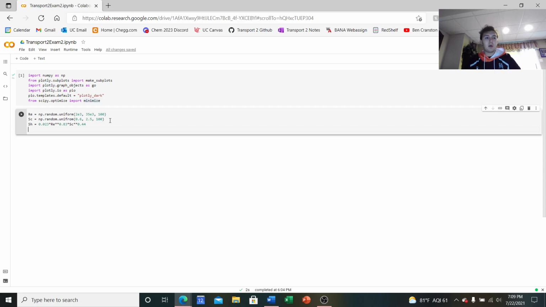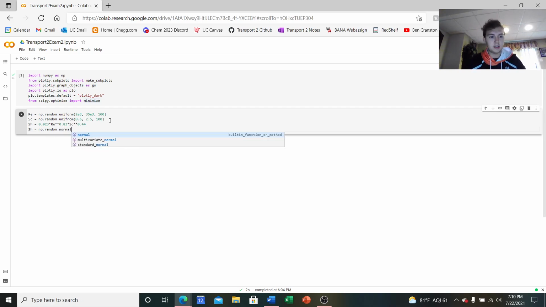Before we go on and do the actual linear regression and get into our design matrix, we want to have some sort of account for error in our values. So we are going to assign Sherwood values, the same exact thing, using those base 100 values that we have stored in Sherwood. We are going to take that and assign